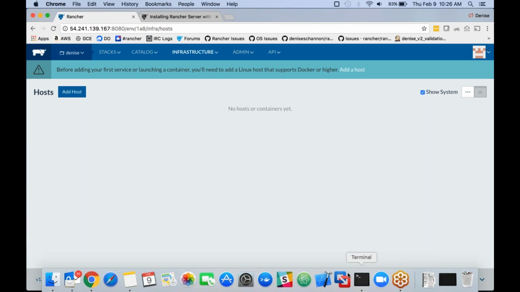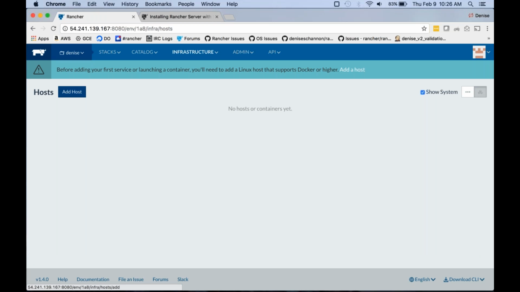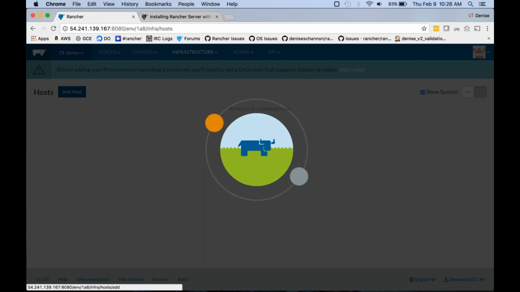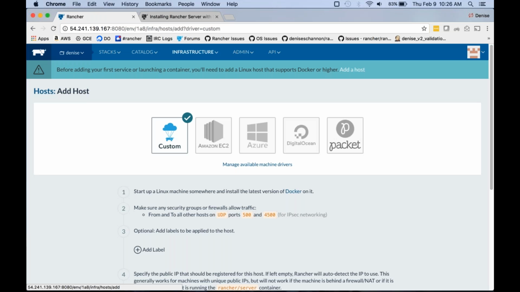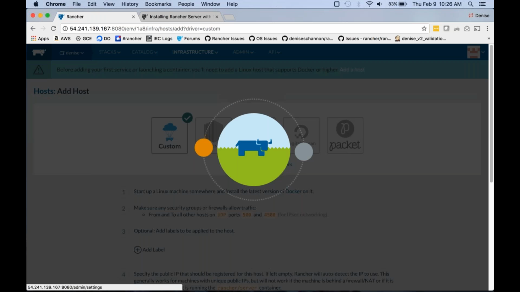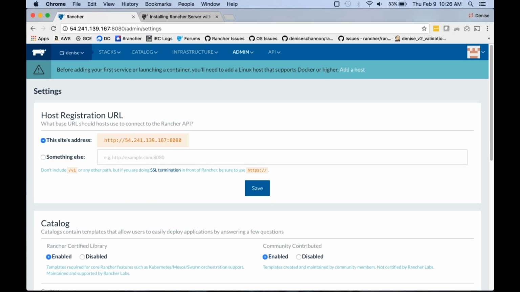Like I said before, I had a couple hosts already spun up, but we'll go click on Add Host first. The very first time you usually click on Add Host, sorry, there's a screen I was expecting, it usually asks what your registration URL is. That screen looks a little bit like this. It says host registration URL. So that usually comes up, and basically it says, what URL do you want to use for your